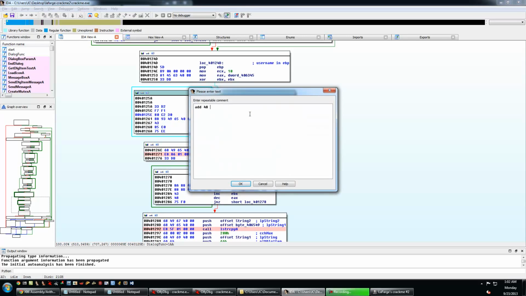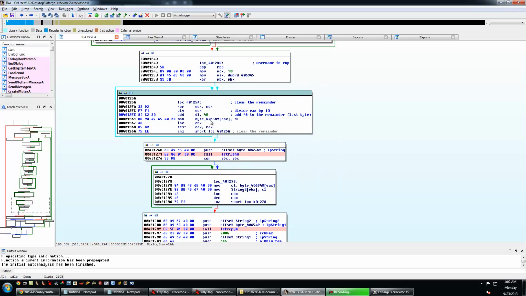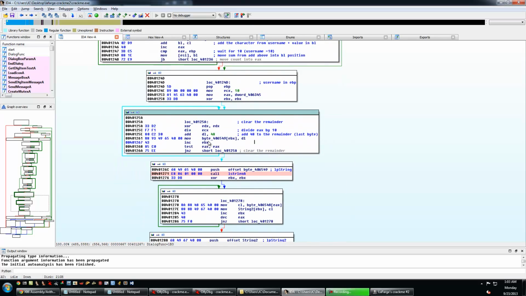Add 48 to the remainder, particularly the last byte of the remainder. And then we'll be sticking the DL into this. So it's important to understand that when they do the addition, 48 plus DL, if you overflow into the next byte, they're only going to take the last byte, just the DL. So that's going to be important when we reverse. And coming back here,